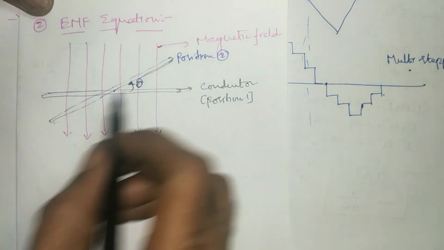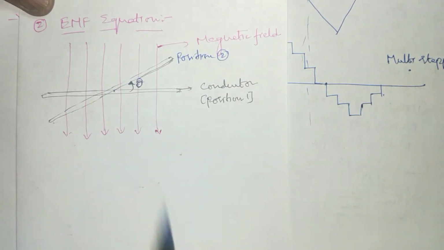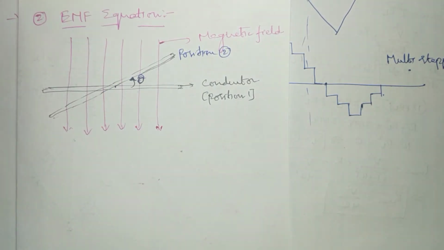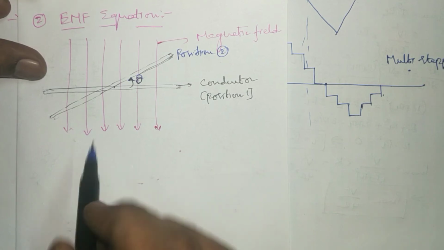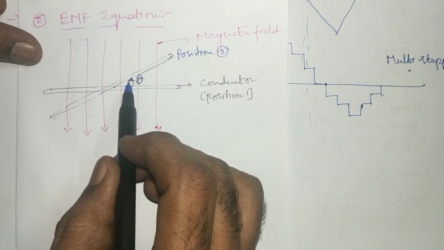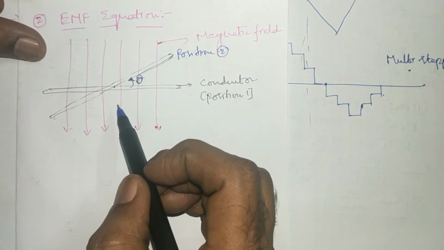And when this coil is rotated in the magnetic field, obviously it cuts the magnetic field, and according to Faraday's laws, EMF is going to be induced in it. Of course, we have to tap this induced EMF using some external means that we discuss later on. And the magnitude of this induced EMF that we calculate right now.